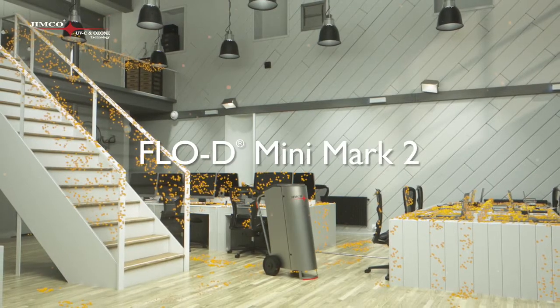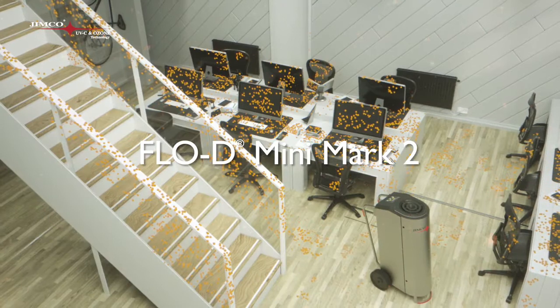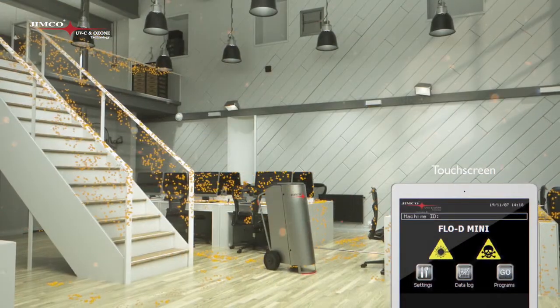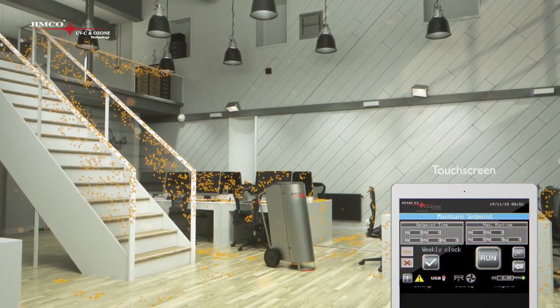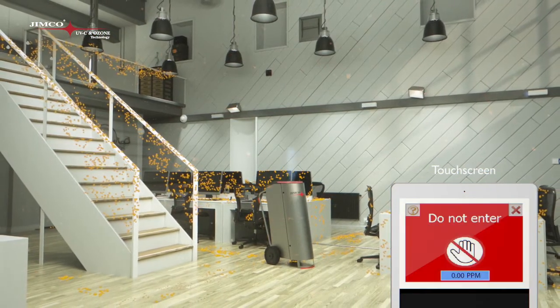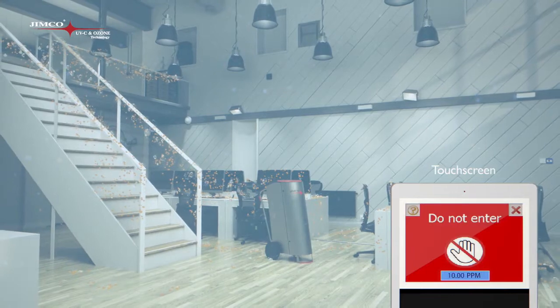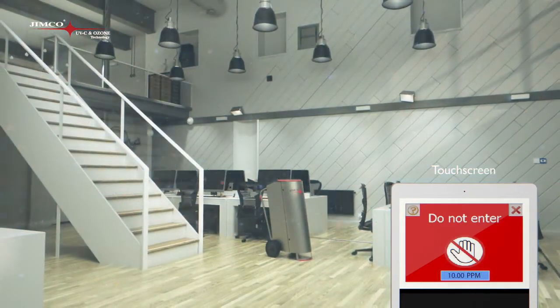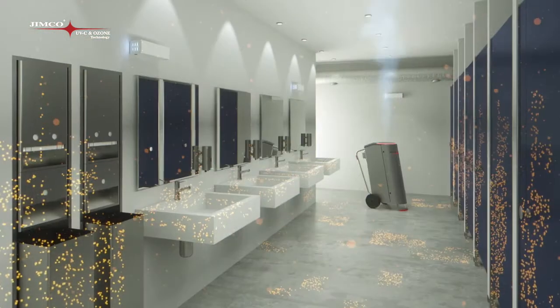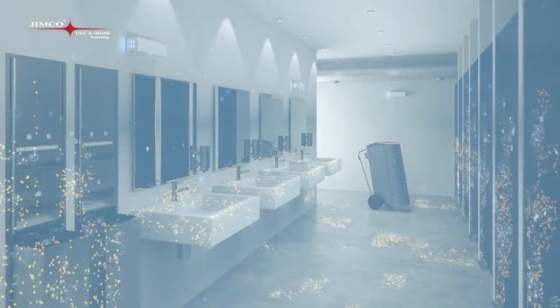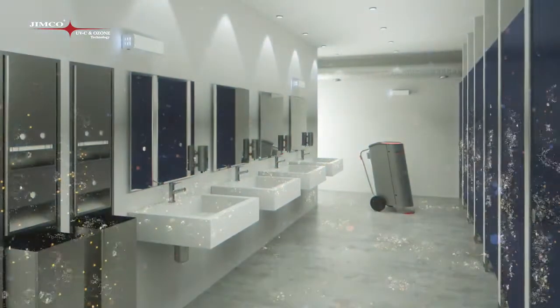JIMCO's FLOD Mini Mark II for surface disinfection uses the already available oxygen in the room and reaches all surfaces in contact with the air. The FLOD Mini Mark II has a touchscreen and a USB port, so it's possible for you to provide documented disinfection results with a patented data log system, a result of more than